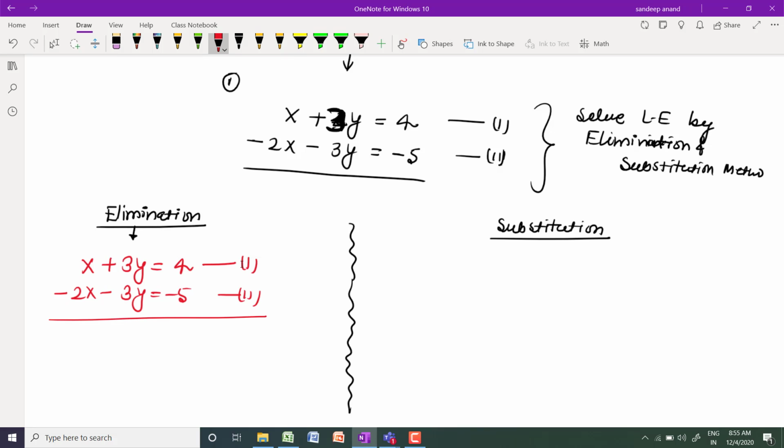Since here I want to eliminate the y variable, if I simply add both linear equations, y is eliminated from the equation. If it is not equal, first you multiply by some number and make the coefficient of either x or y equal, whichever you want to eliminate. After that, minus 2x plus x gives minus x. I am putting this minus sign because the magnitude of 2 is higher, and it is equal to minus 1. Why minus 1? Because 5 has a higher value than 4. So then the minus gets cancelled and x equals 1, right?